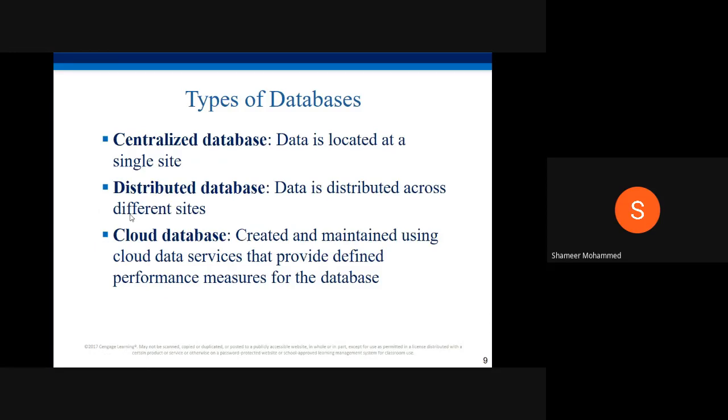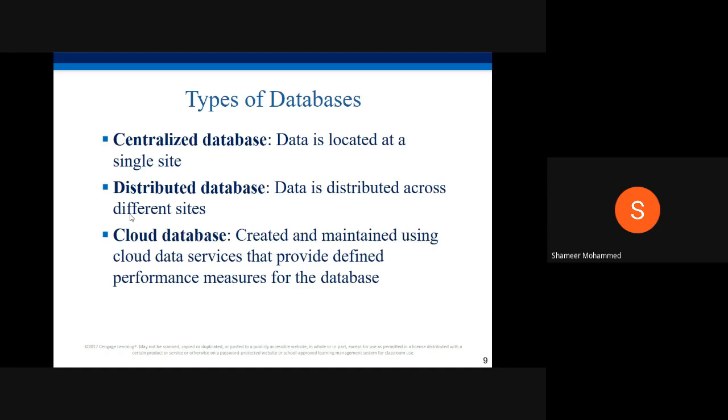Number 3, centralized database, means your data is located in a single place. Let us say you have different colleges. The University of Technology and Applied Sciences has 13 colleges, in every city, like Sohar, Sur, Salala, Ibri, Muscat, Rustaq, Nizwa.